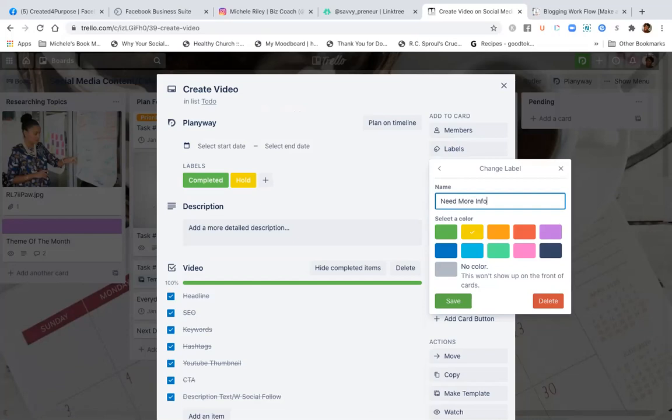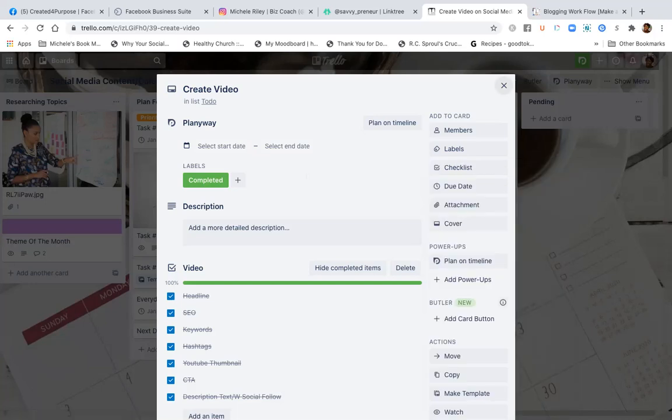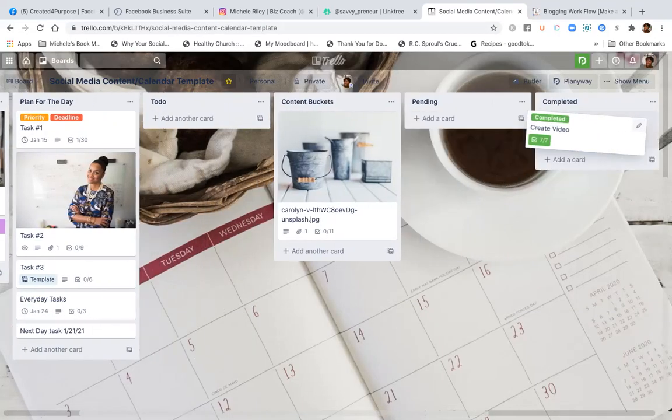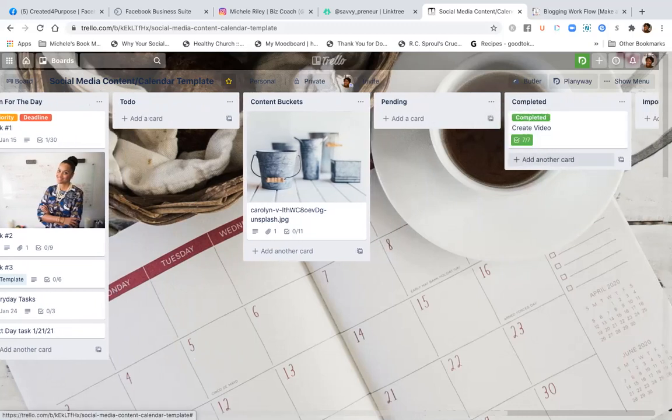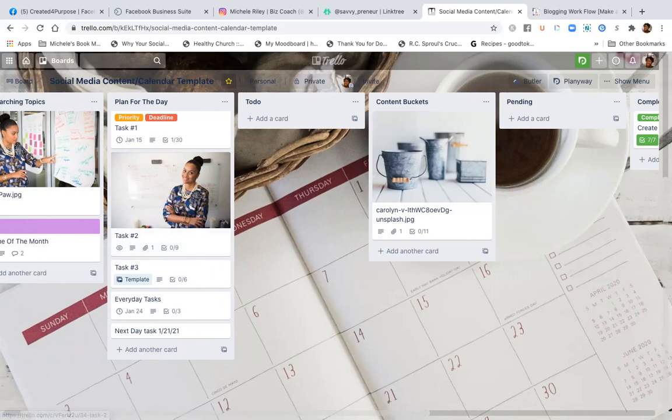You can do that, maybe give it another color and just save it. So this way, it's letting you know if you need more information. But basically, if you had completed it, you can just move it over to complete. So that's letting you know you completed that task of your to do.